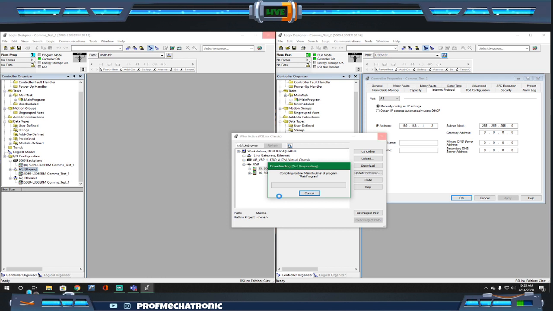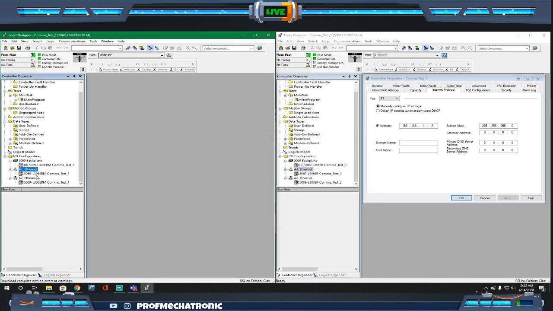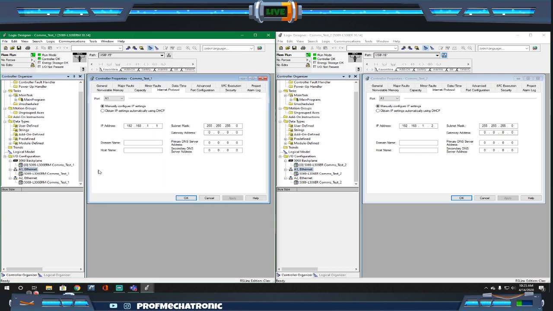And once we go through the whole compiling routine, it's going to actually download that to the PLC itself. And once it's downloaded, then we can make sure that we've set up our IP addresses. So we're going to change this back to remote run. We're going to go to properties, right click on A1 Ethernet, go to properties, and we're going to look at